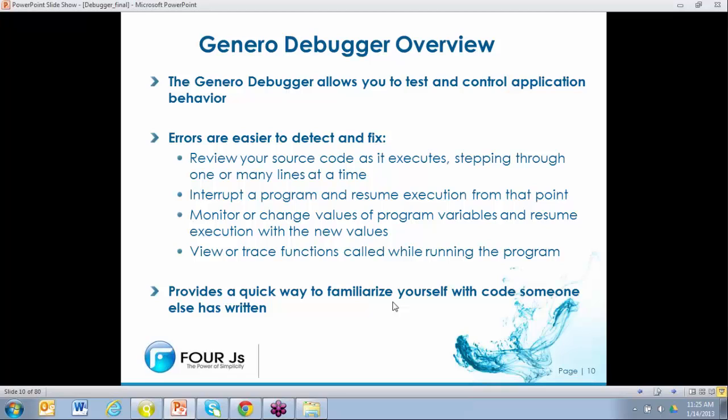So the general purpose of the debugger is to test and control application behavior while the application is actually executing. So you can stop and start program execution inside the debugger, which gives you a chance to analyze the source code that was running when you stopped the application, check the values of program variables while you're suspended, even change program variables if you want to, and then go ahead and resume program execution with those changes to see